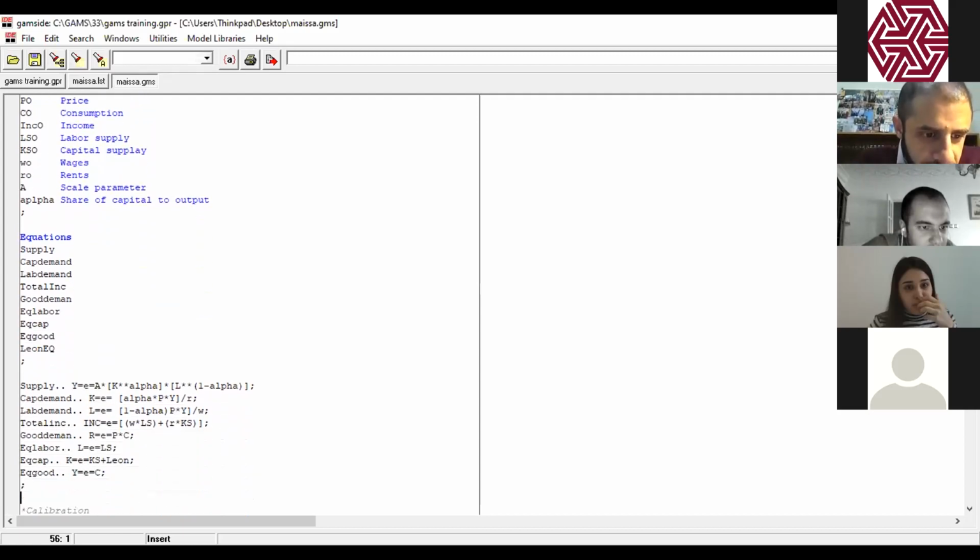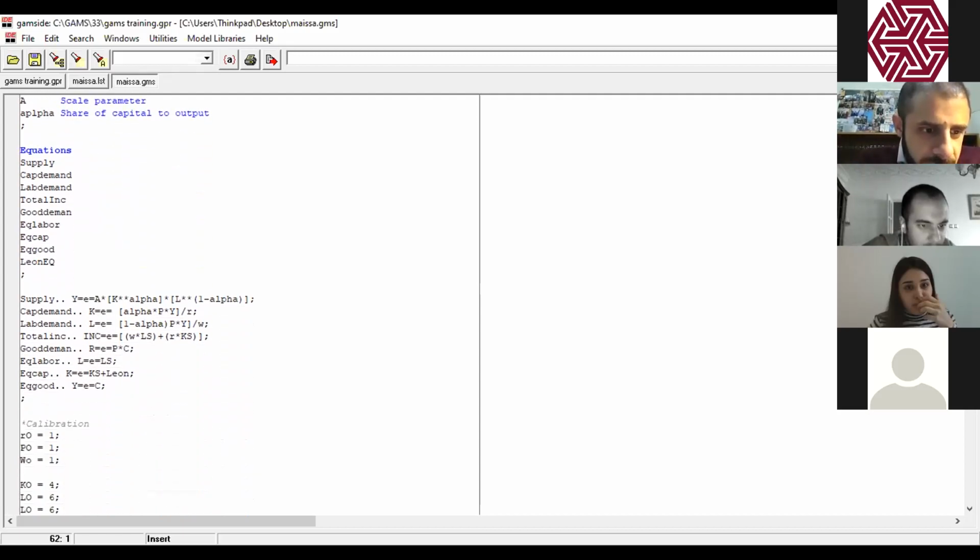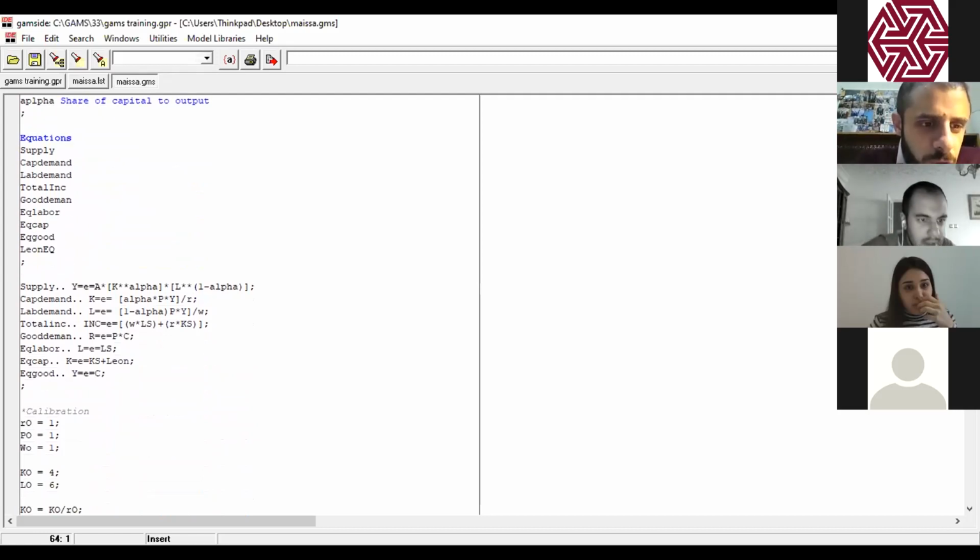Can you scroll down slowly? Please stop, Maisa. We have to comment now because there are certain errors here. Are those square brackets on the supply equation? So these brackets, Maisa, are not correct. And you're inserting them everywhere. So you have to remove them. Yeah, you have to, and plus you have to insert normal parentheses and not squared ones.